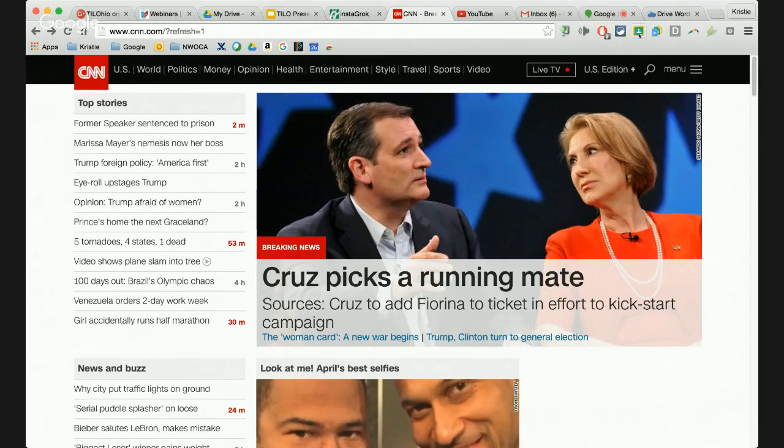So if I click on Share to Classroom, so I have it right up here, and I click one time on it, it will pull all of the classes that I'm currently teaching and the classes that I'm currently enrolled in, depending on if I'm a student or a teacher. I'm going to click on History Period 3. It will give me the option to automatically push this article to my students in that class, or I can even use this article to create an assignment. So I don't have to copy the link. I don't have to do all those little steps. I can just click right on that extension and it will hop right into Google Classroom for me.